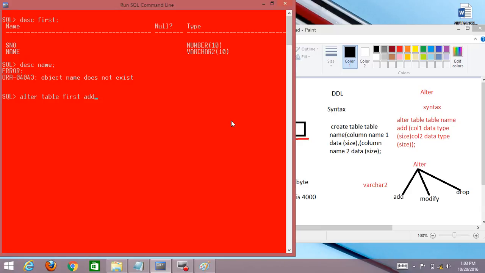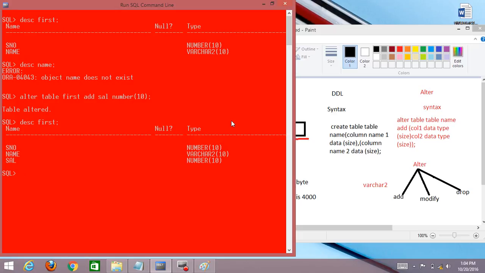Column name, which column are you inserting? Salary. Data type number. Data size 10. Then semicolon and enter. Table is altered. How to see? DESC first and enter. Student name, number and salary.